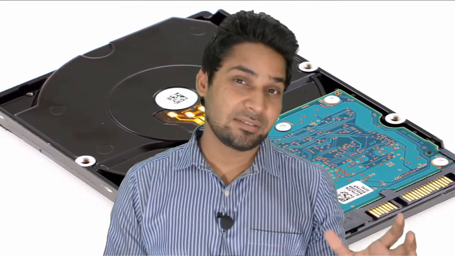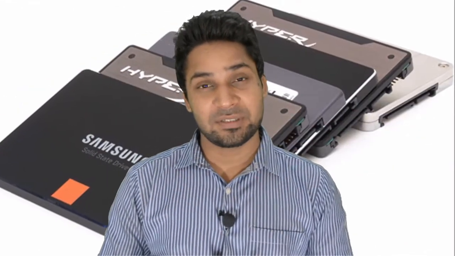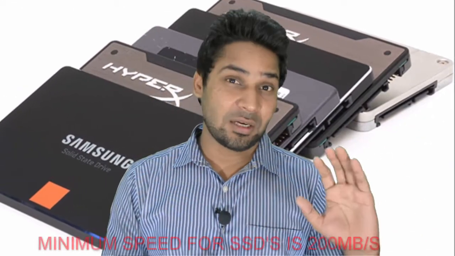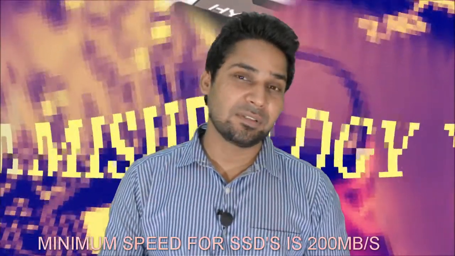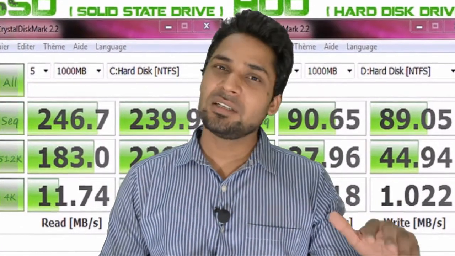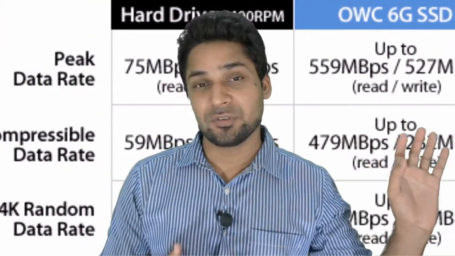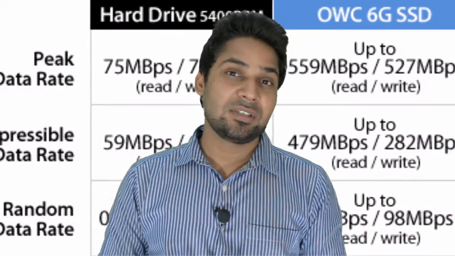Now comparing the hard disk drive and the SSDs, hard disk drives usually have speeds of 80 to 200 MB per second compared to SSDs, which have an outstanding speed of 800 MB per second. So next time you buy a laptop, get one which has a solid state drive, because that is going to improve the performance of your laptop by 30 to 40%. I know there are a lot of other things also, like software optimization, and a lot of other complicated details which improve the performance of your laptop, but these are the ones which directly affect the performance of your laptop. So next time you're going to buy a laptop, buy one with a solid state drive.